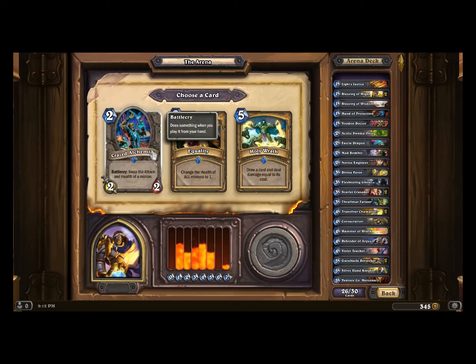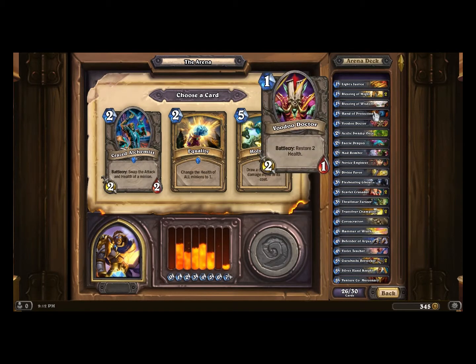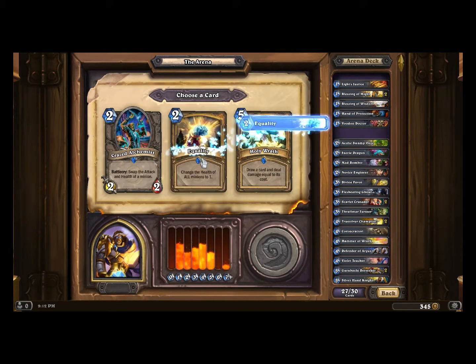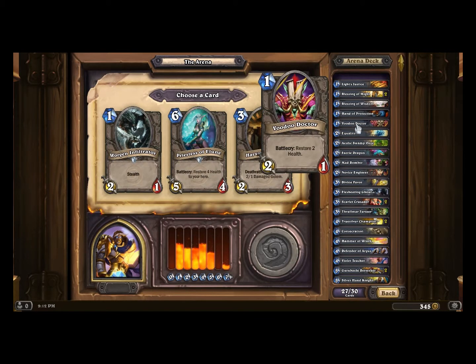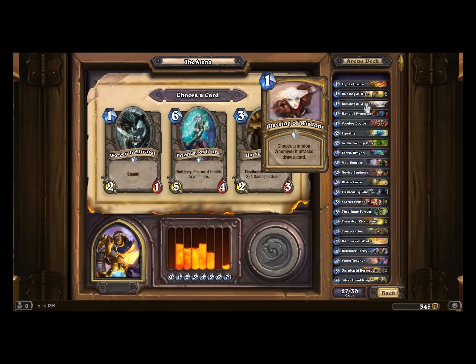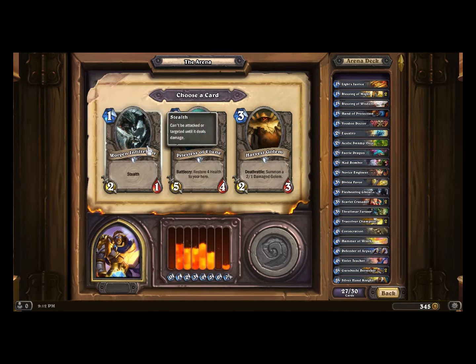That can also be pretty good. I'm still gonna go with Equality. Worgen Infiltrator, best turn 1 play in the game. We don't have anything really to play on turn 1, except Light's Justice, so... and we already have a good number of 3 costs, so...